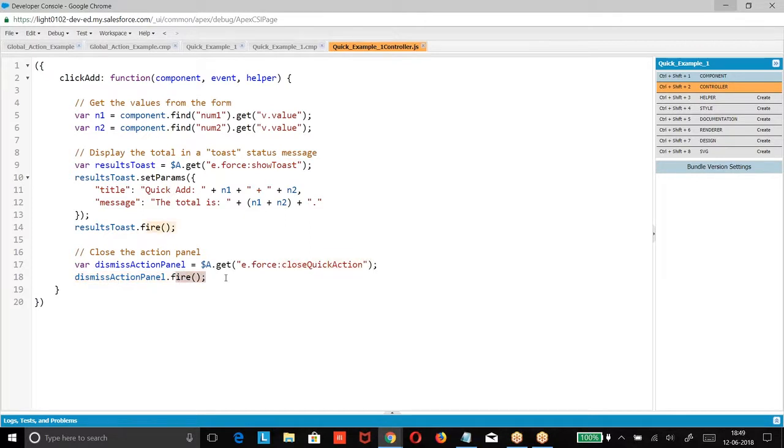Now this action I performed, with respect to what? I performed it with respect to a particular record on an object. On a particular object we are creating it. That's why it is called an object specific action. Are you clear about this? So how many types of actions did we have? We had global actions. We had object specific actions. Right. Now, probably in the next session I'll be taking